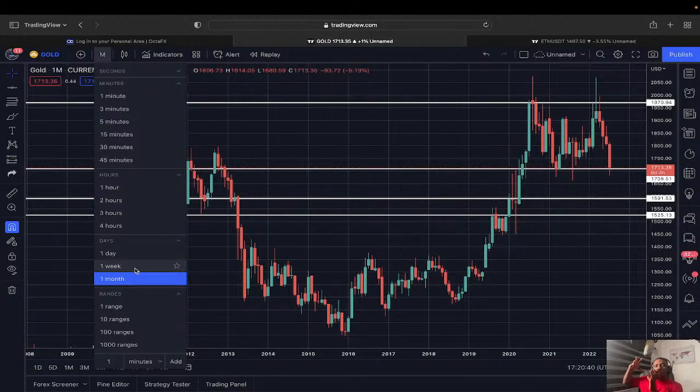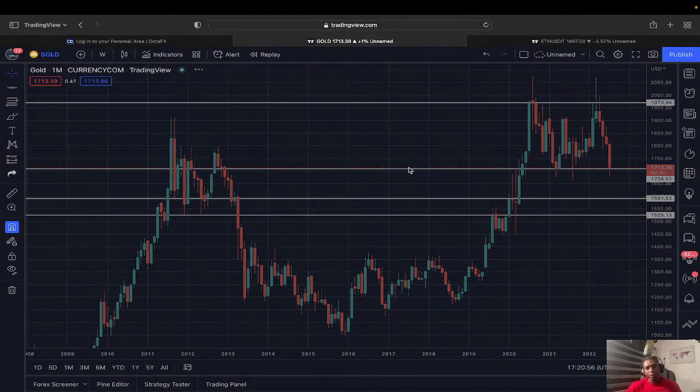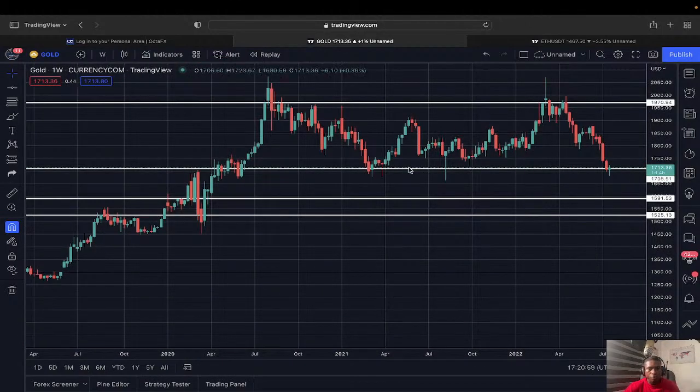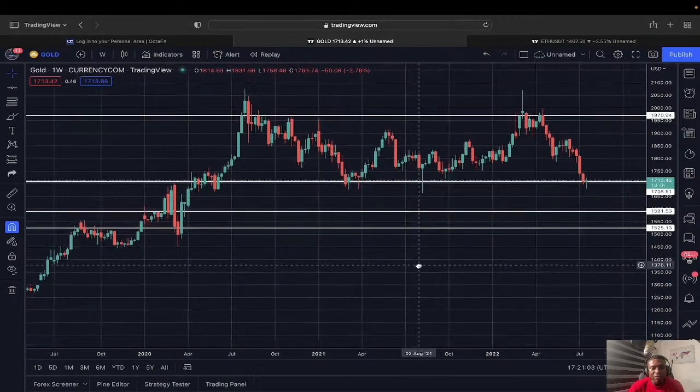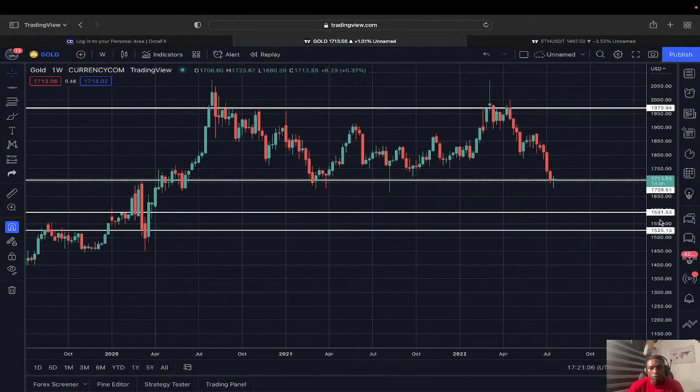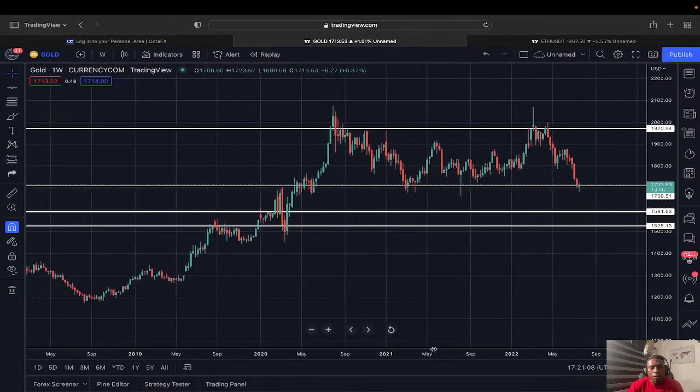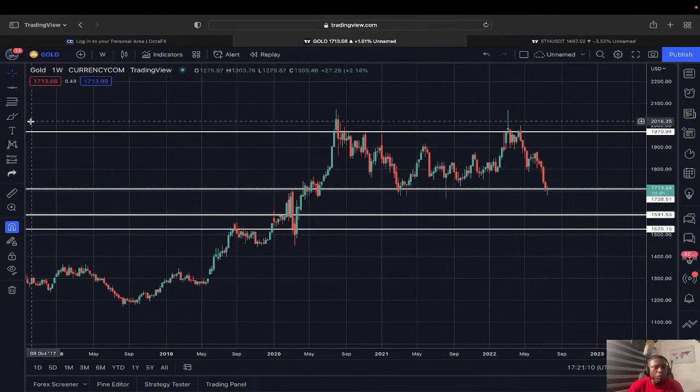When we move closer into the lower time frame, it's more like we are zooming in, to see into the details, to see clearly. That's why we are moving into the lower time frame. So let's go to the weekly time frame. Good. You discover that on the weekly time frame now, you can see what price has been doing here.